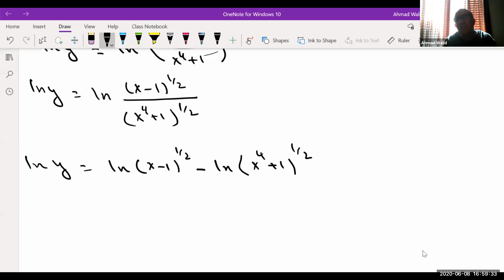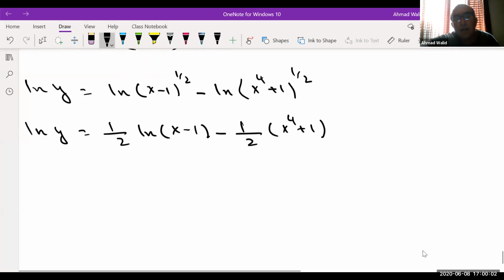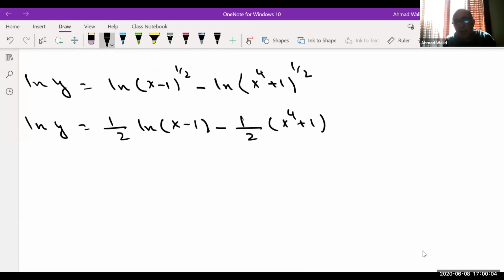Bring the exponent to the front, then ln y equals 1/2 ln of x minus 1 minus 1/2 x to the power of 4 plus 1. Wow, you see now, the right side is really easy. I know the derivative of ln of x minus 1, correct? If you take now the derivative from both sides, but implicitly, in respect to x, d over dx of